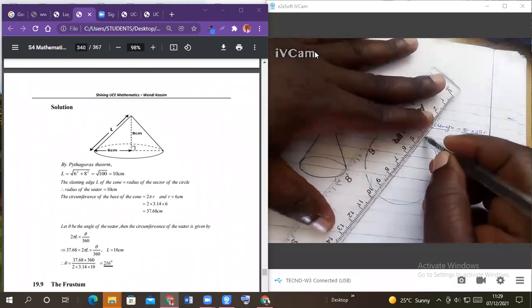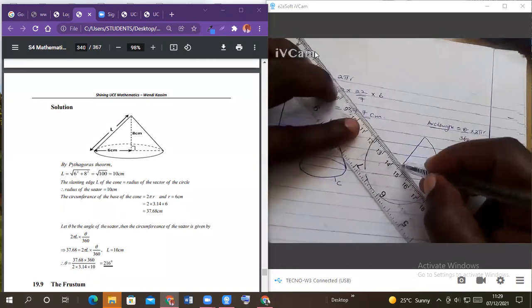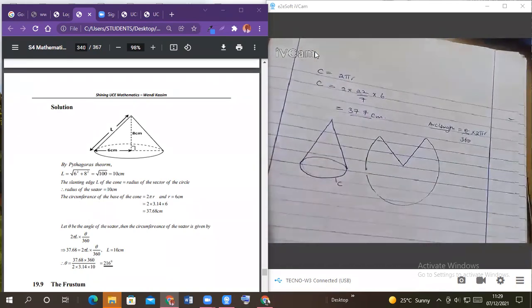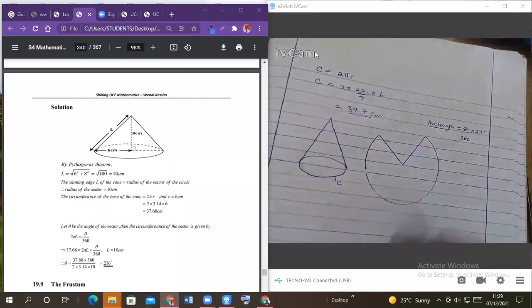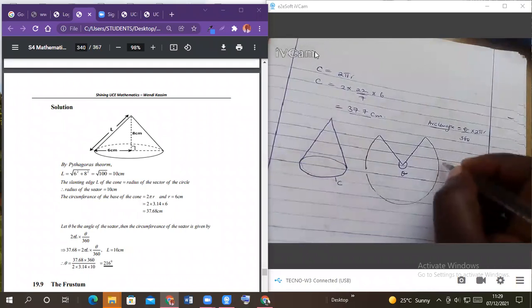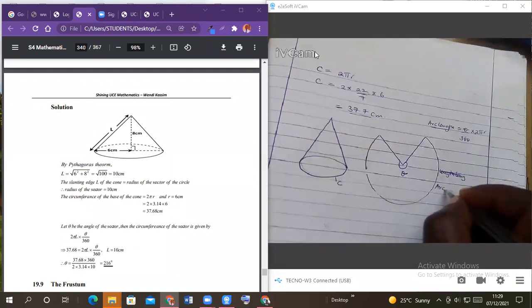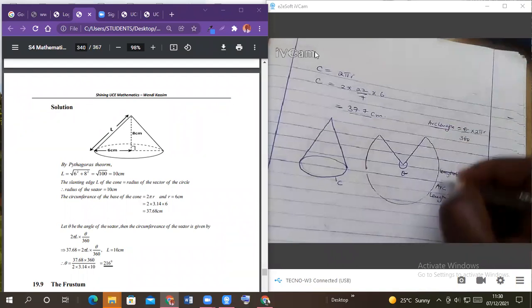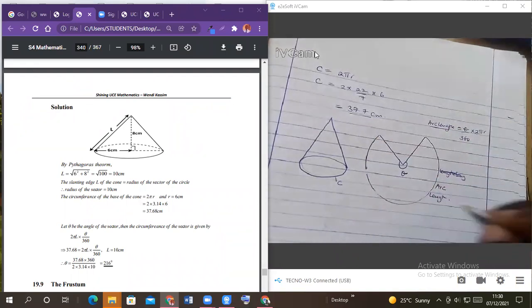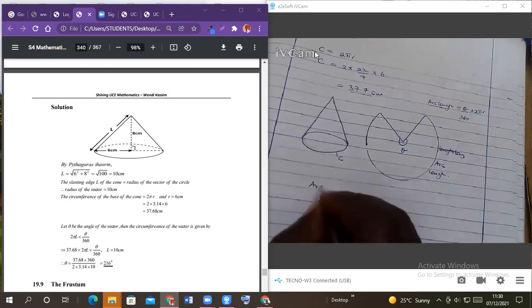So I will have this. After cutting the cone, I have that, and this is now the angle they are looking for. So this is the arc length, the distance around and around, which is equal to the circumference. So that's why I should say arc length